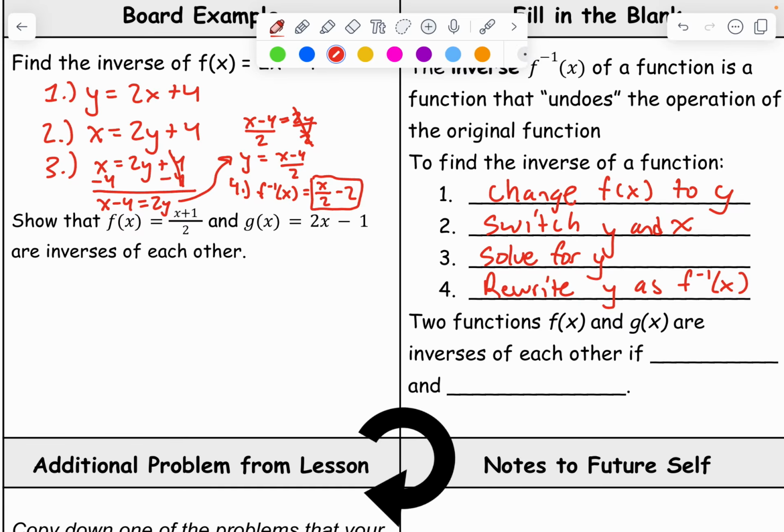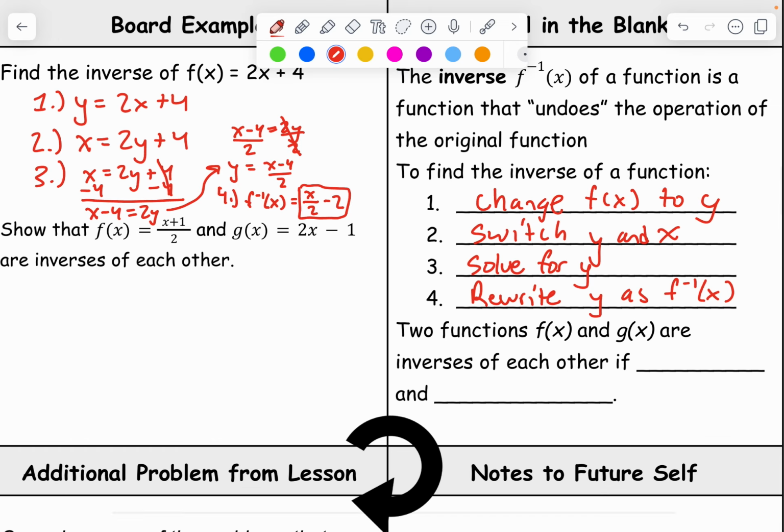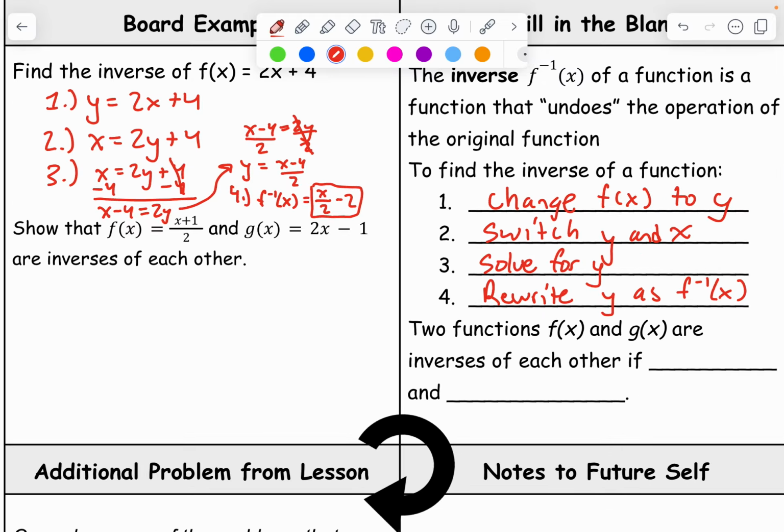Okay. So this will be something you'll have to practice, obviously, switching the x and y, solving for y, but it's really just solving an equation for a variable, right? As long as you keep track of where your variables are, that's simply what the problem is asking you to do, okay? And finally, the last thing you'd have to do with inverses is to show that two functions are